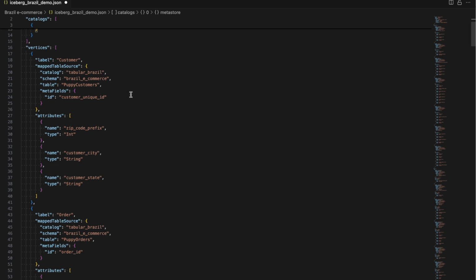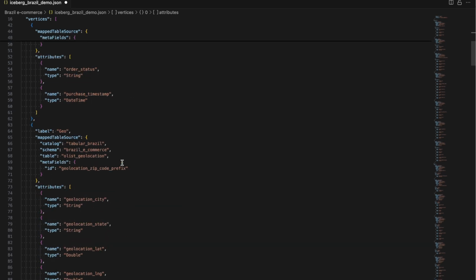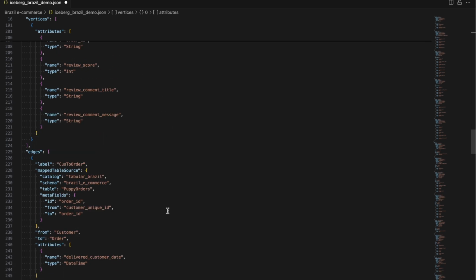After we've defined this, we'll then come to the vertices array, which is going to contain a bunch of objects defining what our nodes are going to look like. So for example, we have a customer node that is mapped from the tabular data source and tells us exactly which table it's coming from, as well as some meta fields associated with that map table source. Then we have attributes for this node. So this is the data that we're going to pull from that map table source. So here we have stuff like zip code or customer city, customer state. As we scroll down, we can see that we've got order, geo, product, seller, payment, review,